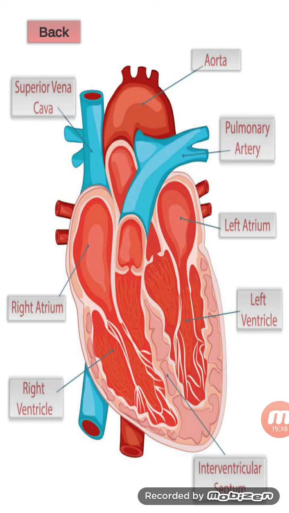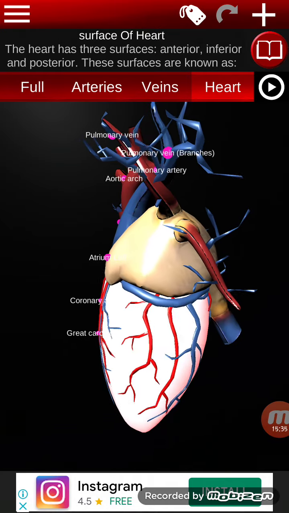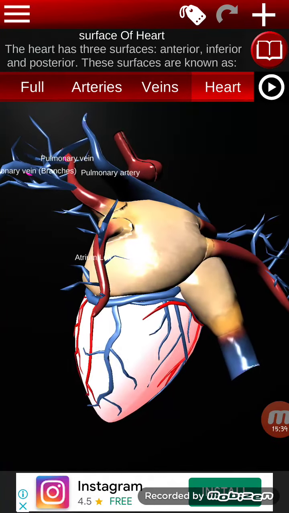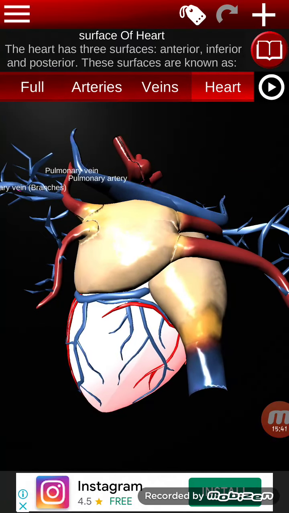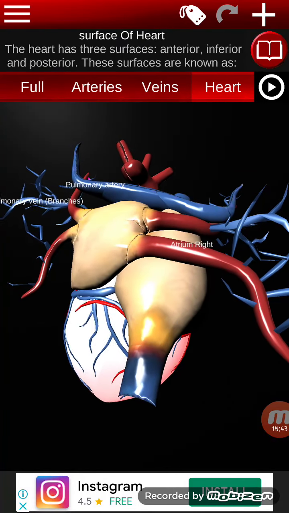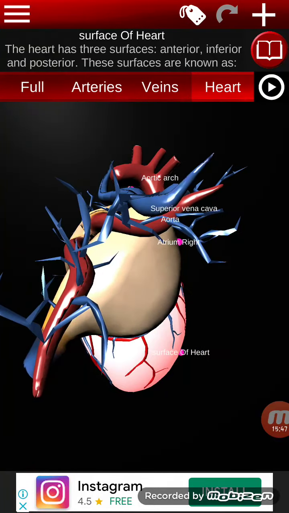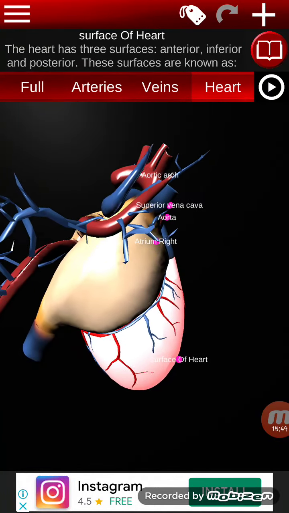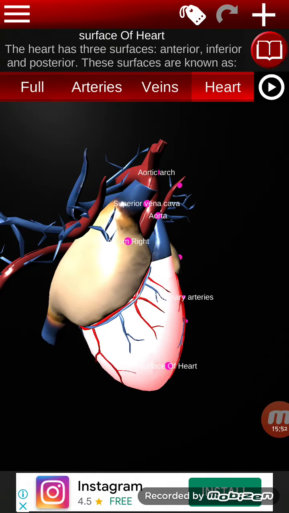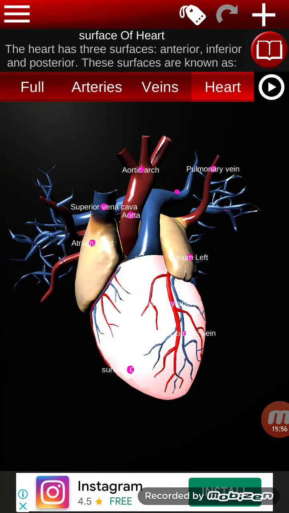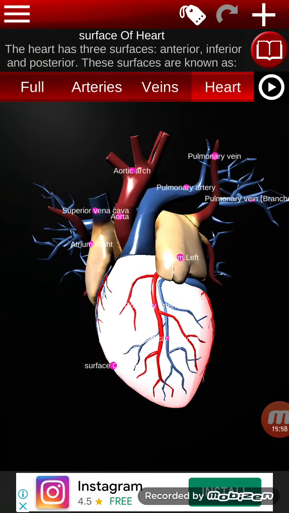Next one, nodal tissue. Okay, students. Next one is nodal tissue. Nodal tissue is a modified heart muscle. It consists of two nodes and fibers. First one is SAN and second one is AVN. SAN means sinoatrial node. AVN, atrioventricular node. See here,